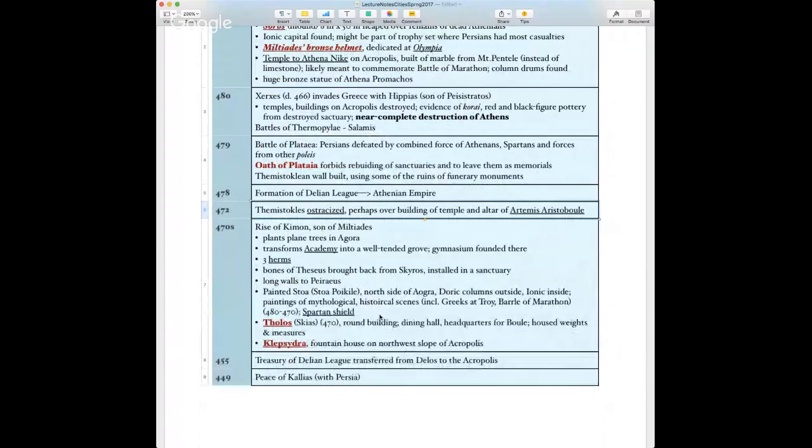But we're still looking at that period. That's what we're talking about. So what happens in classical Greece? Well, Athens is on its rise. Athens finds that it has all of this money, basically, to build ships. It moves that treasury to Athens under another general, an official named Cimon, who was actually Miltiades' son.